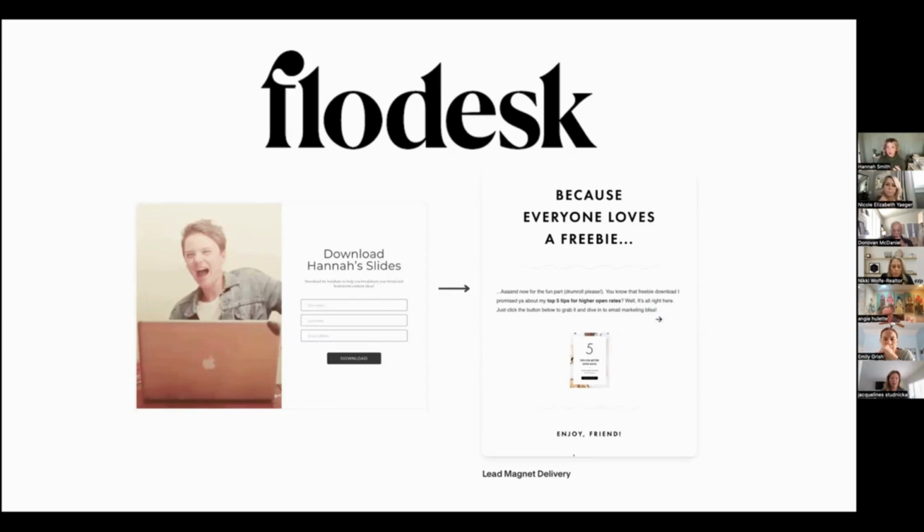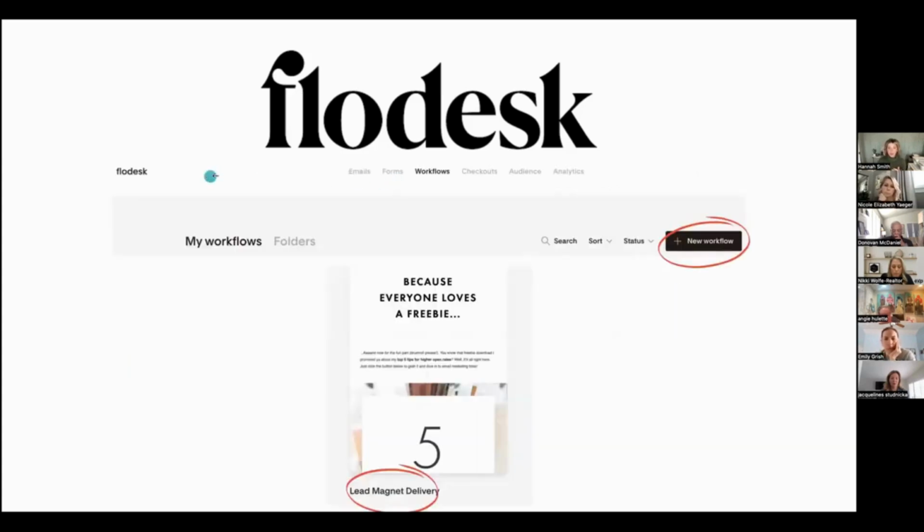So we go to the top here again, and you go to workflows. You're basically telling the system, hey, if this happens, I want this to happen and then this to happen. That's a workflow: if this happens and this happens and this happens, make it happen automatically for me. Because this is going to automate it so you don't have to sit there, saying DM me for more info, and then you're glued to your DMs waiting for someone to message you so that you can get right back to them, prove that you're so competent, respond to them immediately, and get them what they want.